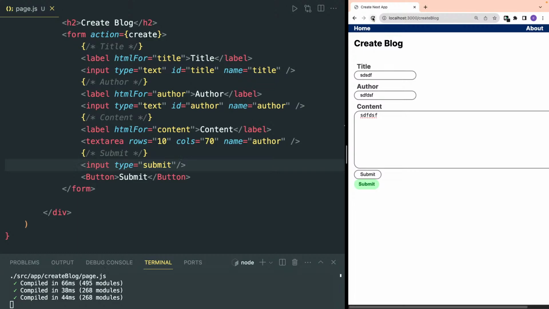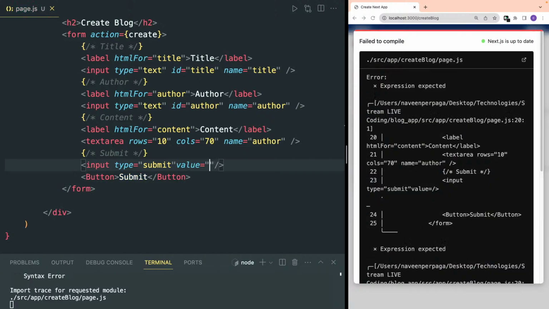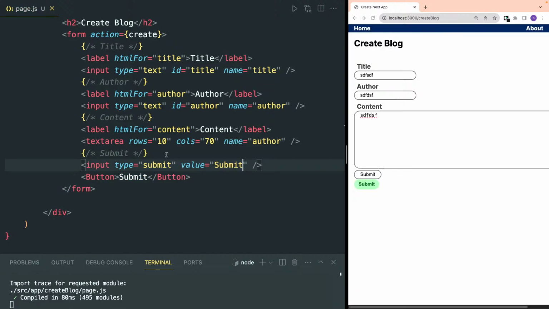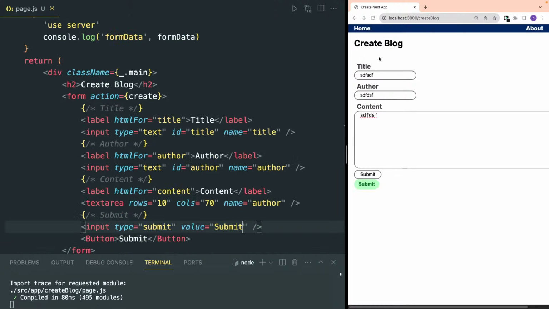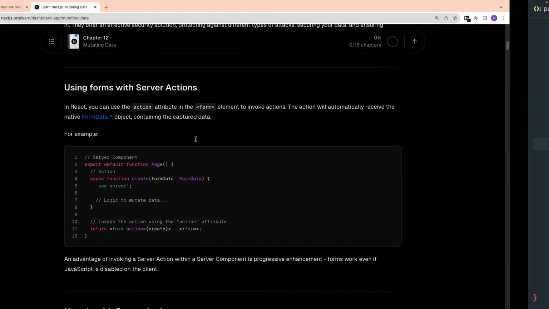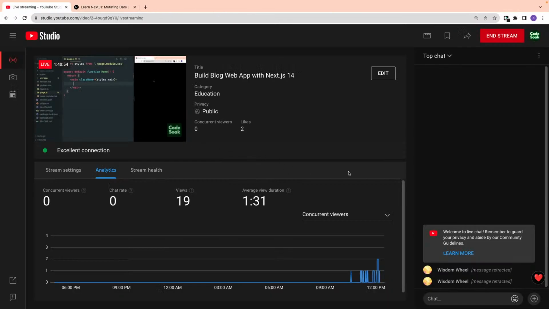Okay, let me just check. Form data is still undefined. And okay, cool. So we are going to